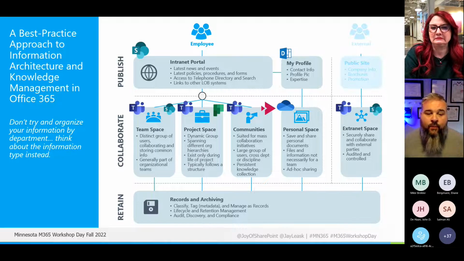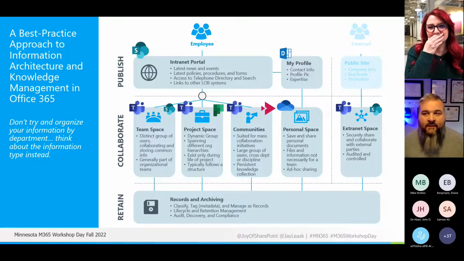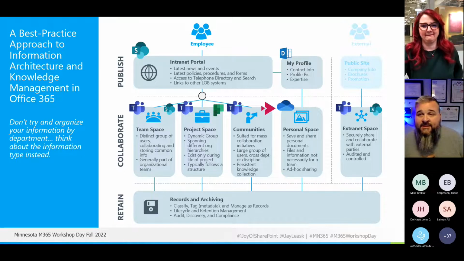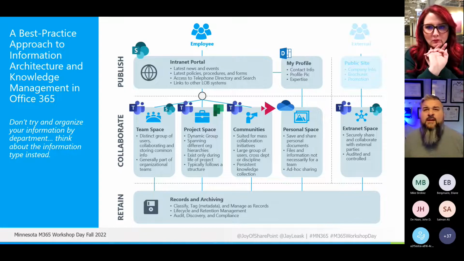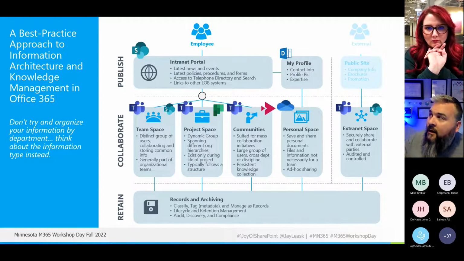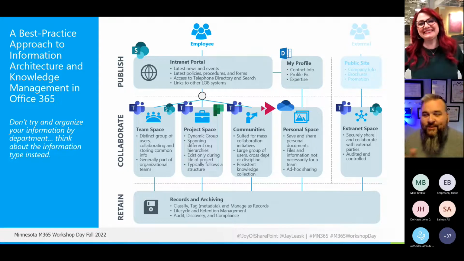But even for AvePoint Public Sector, we use our SharePoint team site heavily. We have workflows in there. We have specific document libraries for specific cases. Within a document library, we still use document sets. That doesn't happen inside of a team. I'm not saying it's the best thing to do. I'm saying it's what we do.